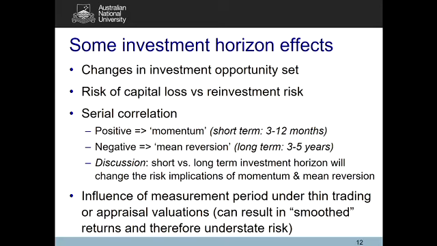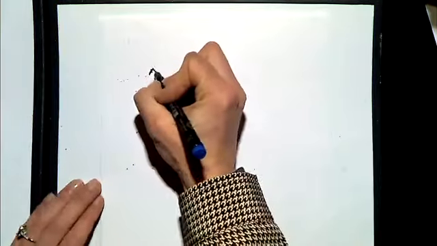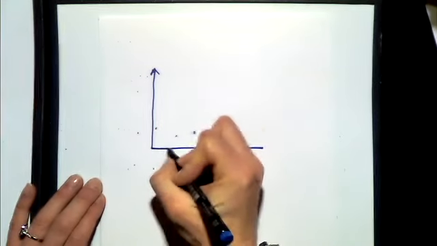Serial correlation is something that you need to be particularly aware of with stocks. What happens with shares is it tends to exhibit positive momentum in the short term, 3 to 12 months, and mean reversion in the long term, over 3 to 5 years. That actually has an implication for your risk. If we start with momentum, which is positive serial correlation,